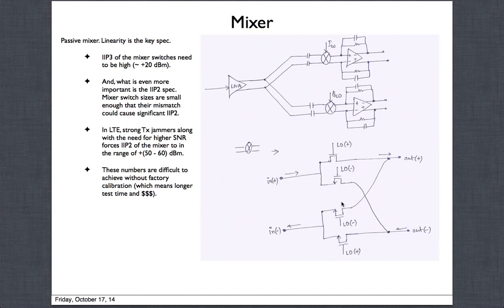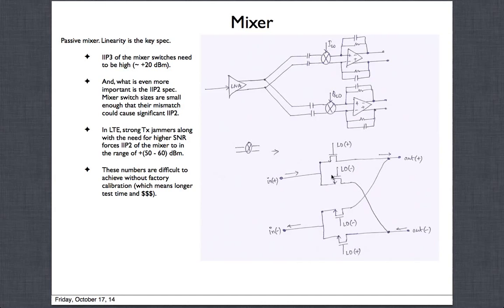It just looks like an array of 4 simple switches. The input is the point where the LNA current is coming, the positive and negative. And this LO is actually a square wave signal. We don't drive these with sine waves, we drive them with square waves. So you have a VCO generating the frequency, and then a set of buffers squaring it up, and finally the square wave comes here. This either turns the switch on really hard or turns it off. When it's turned on hard, it is supposed to be almost extremely low resistance for these switches.